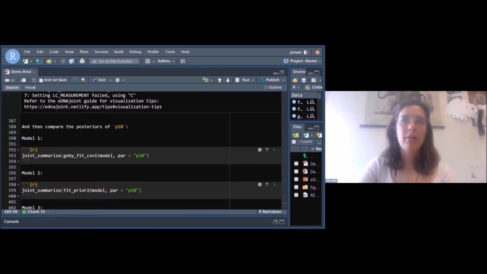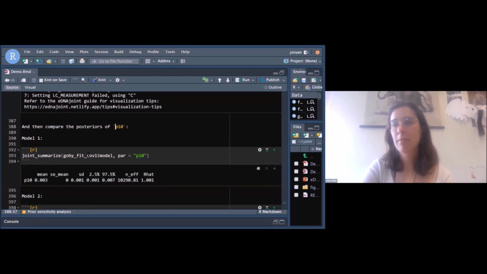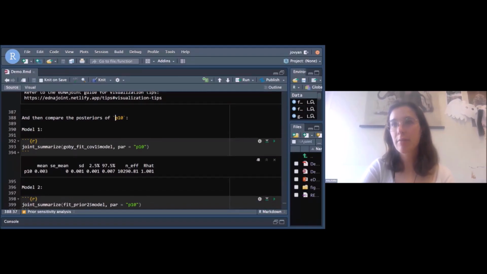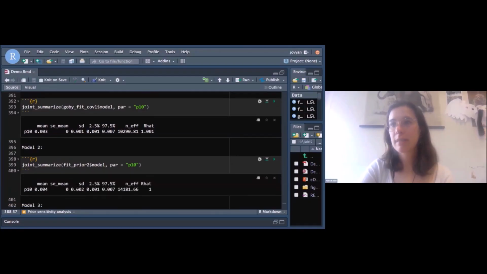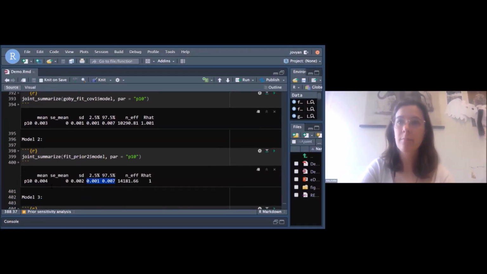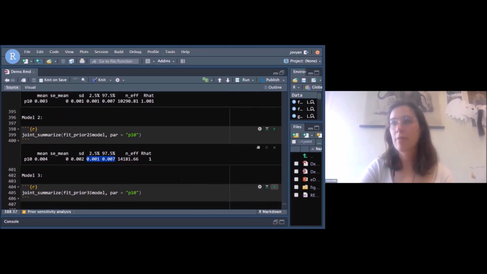So we're next going to compare the posterior estimates of P10. Again, we are running the same model with the same data, but with different prior distributions, and want to see if this prior distribution choice affects the posterior estimate. So this fit one is our original version. We have the mean of 0.003, 95% credibility interval from 0.001 to 0.007. Version 2, we see that it's pretty similar. And version 3,